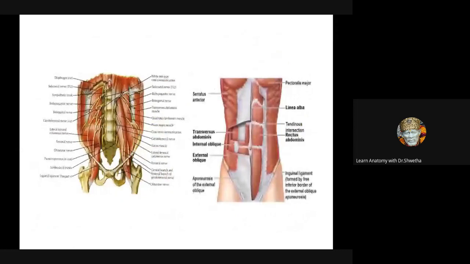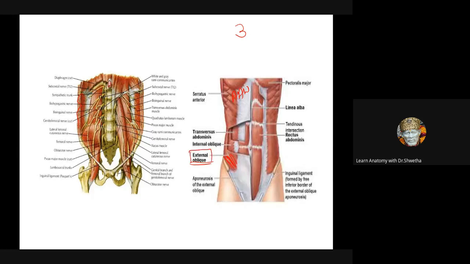Now, these nerves of the lumbar plexus, once formed in the posterior abdominal wall, in order to come out, they have to pierce the anterior abdominal wall muscles. What are the muscles of the anterior abdominal wall? You have three muscles. Outermost is external oblique. How to remember that? These fibers are oblique and it is the external most placed muscle. That is why it is called external oblique.